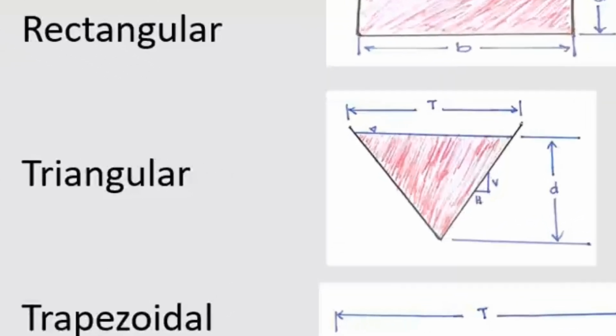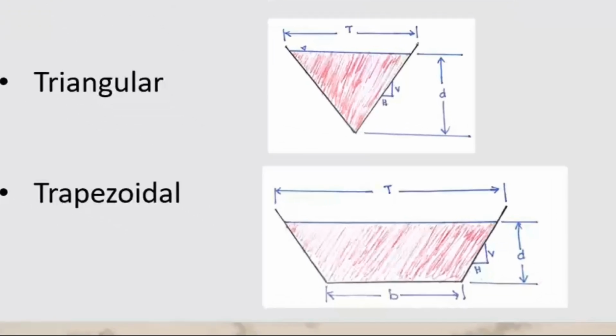For triangular channels, its shape promotes higher velocities for small flows, and it is suitable for small discharges and easier to form in some soils. And for a trapezoidal channel, it combines a wider bottom width with sloping sides that reduce the velocity of the water near the channel bed. Its sloping sides provide stability against collapse, especially in loose or granular soils. Additionally, it can carry more water than a triangular channel and is more efficient for large flows compared to a rectangular channel.